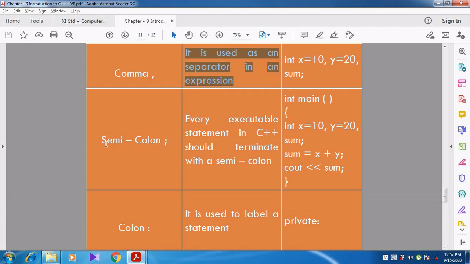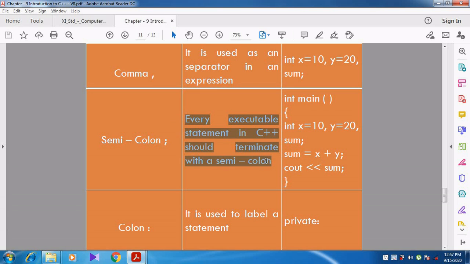And then semicolon, very important punctuator. Every C++ statement should be terminated with a semicolon. What is meant by terminated? Terminated means that is the end. So each and every line in a C++ program is terminated by semicolon.